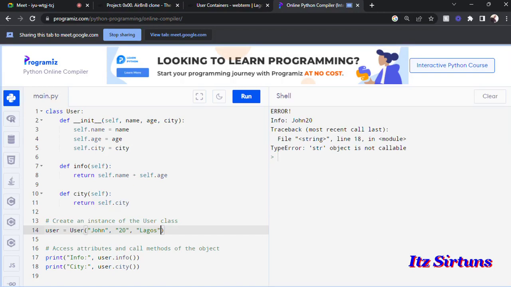Return self.city. Okay, it's correct now. City, small letter city. Oh, okay. Sorry, my bad. I'm not supposed to define a variable called city and then use it in a function again. So let me call this one cities. So user.cities